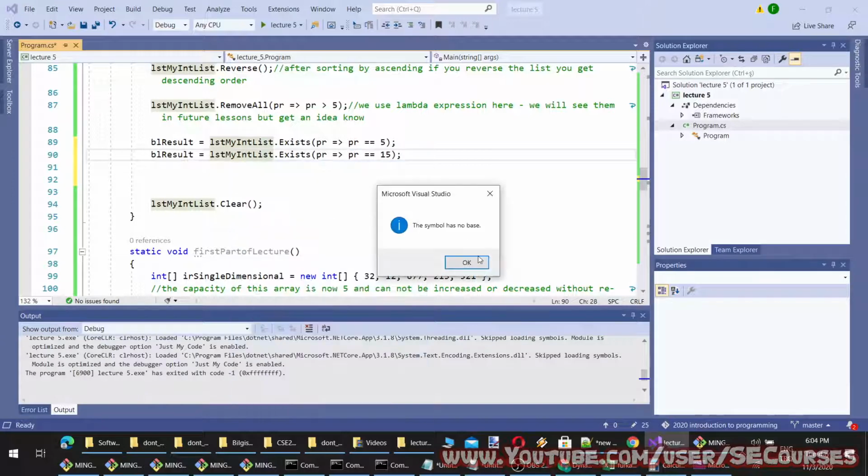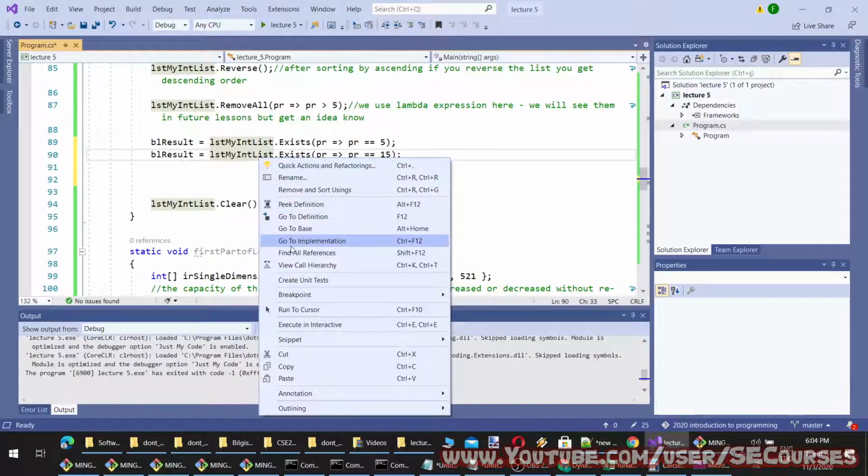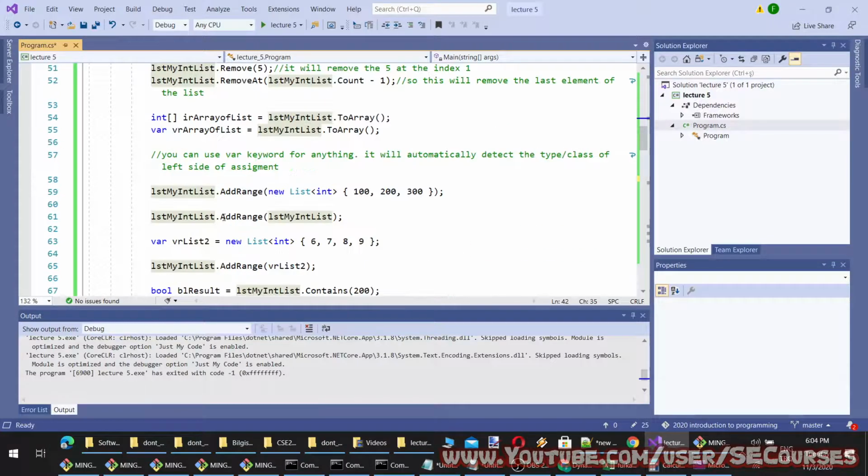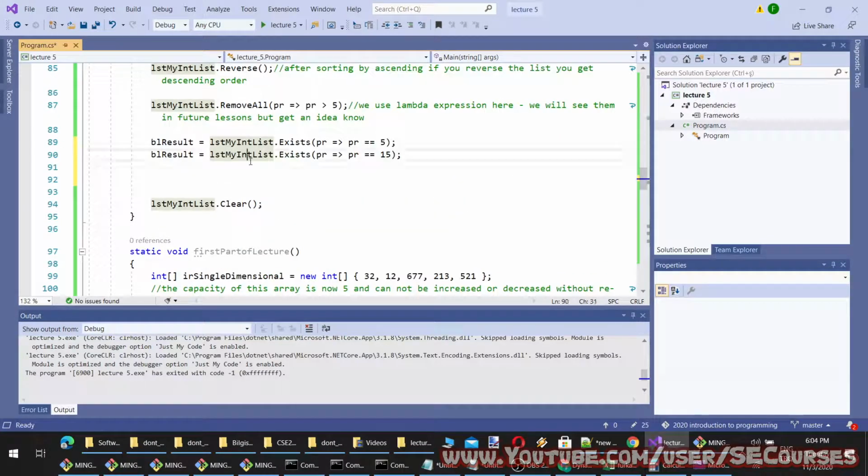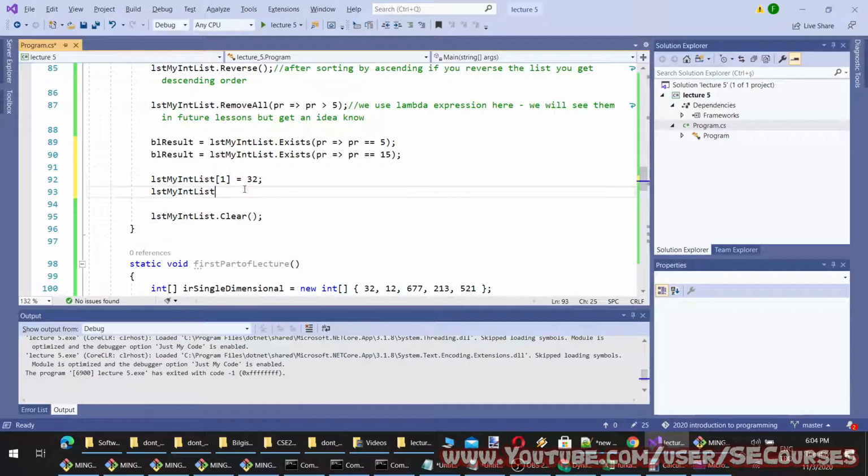And when we click go to base, no symbol. Okay, go to implementation goes there as well. Okay, so I can change any value of that list like this.